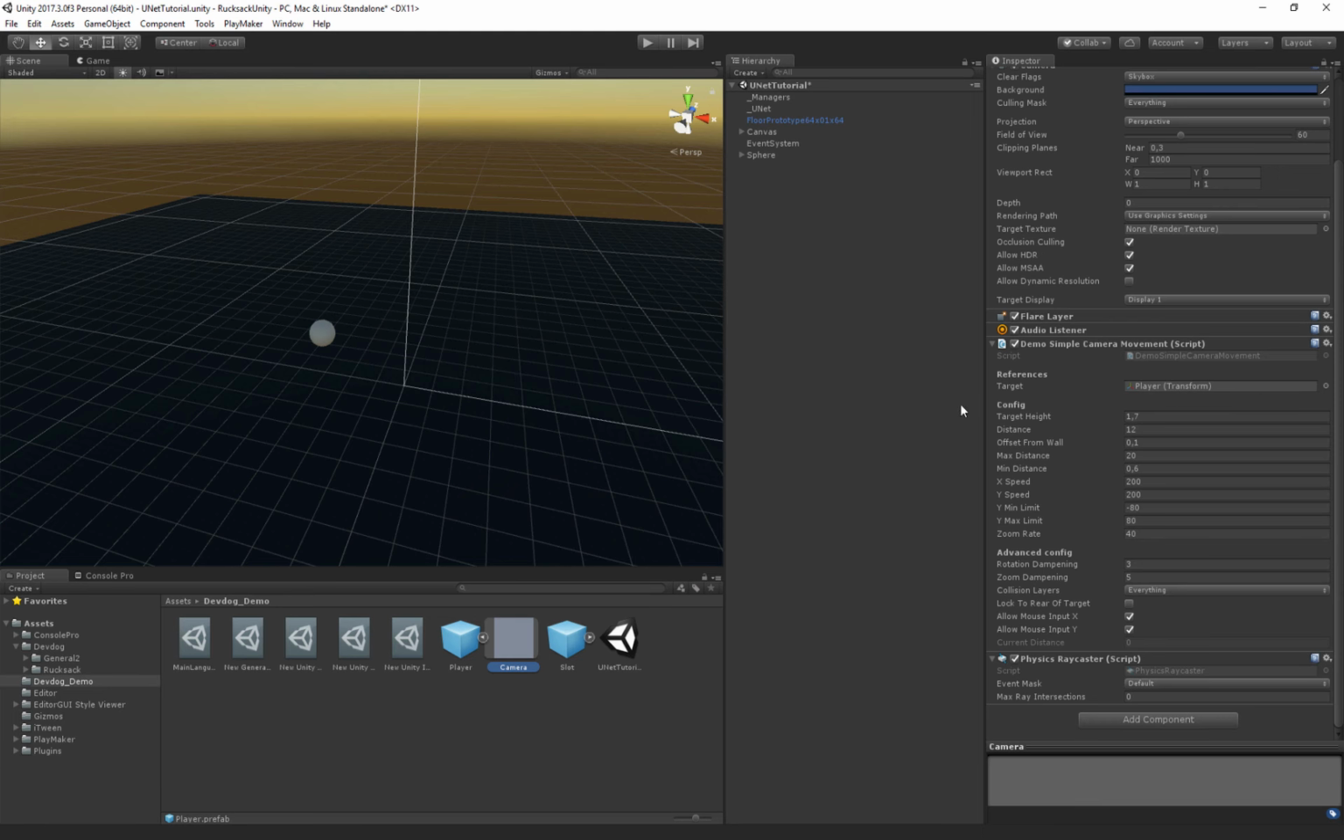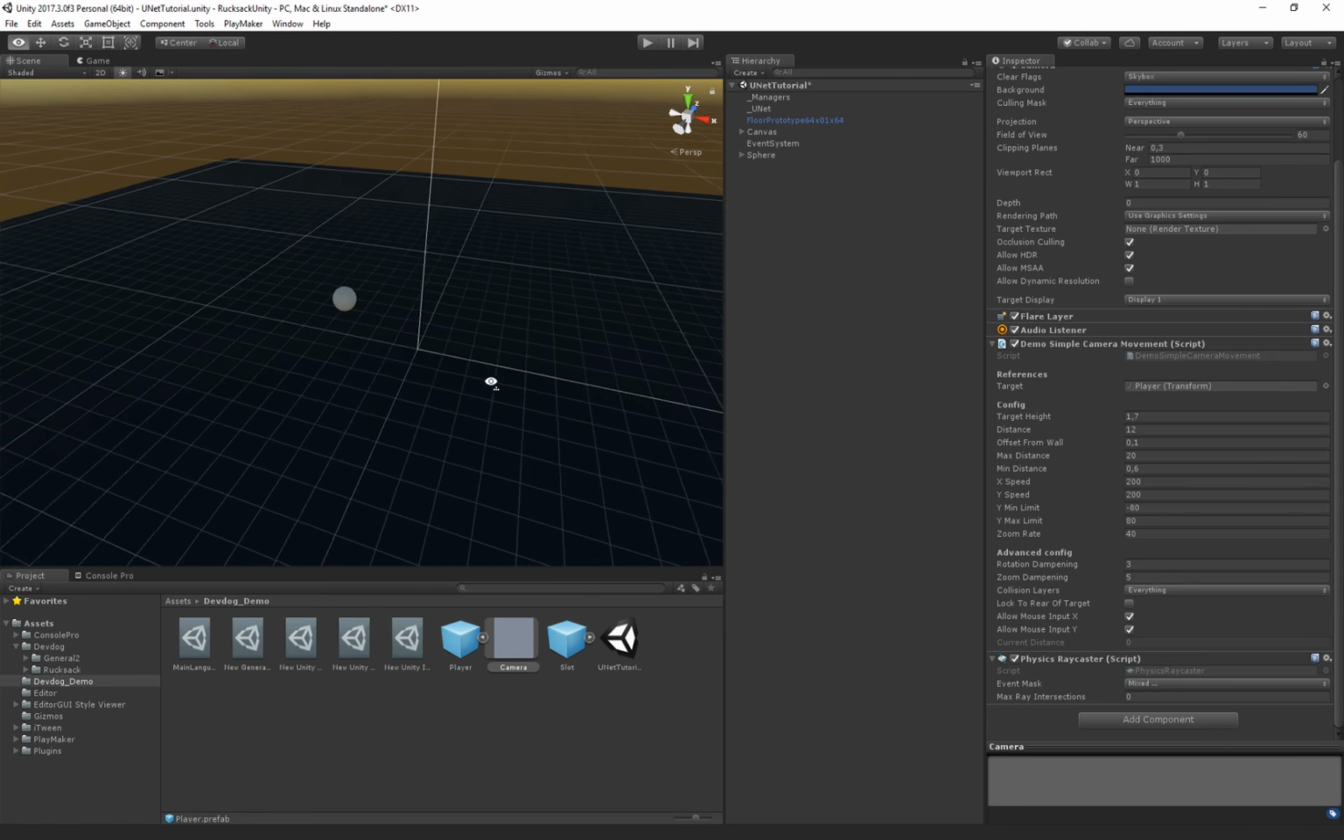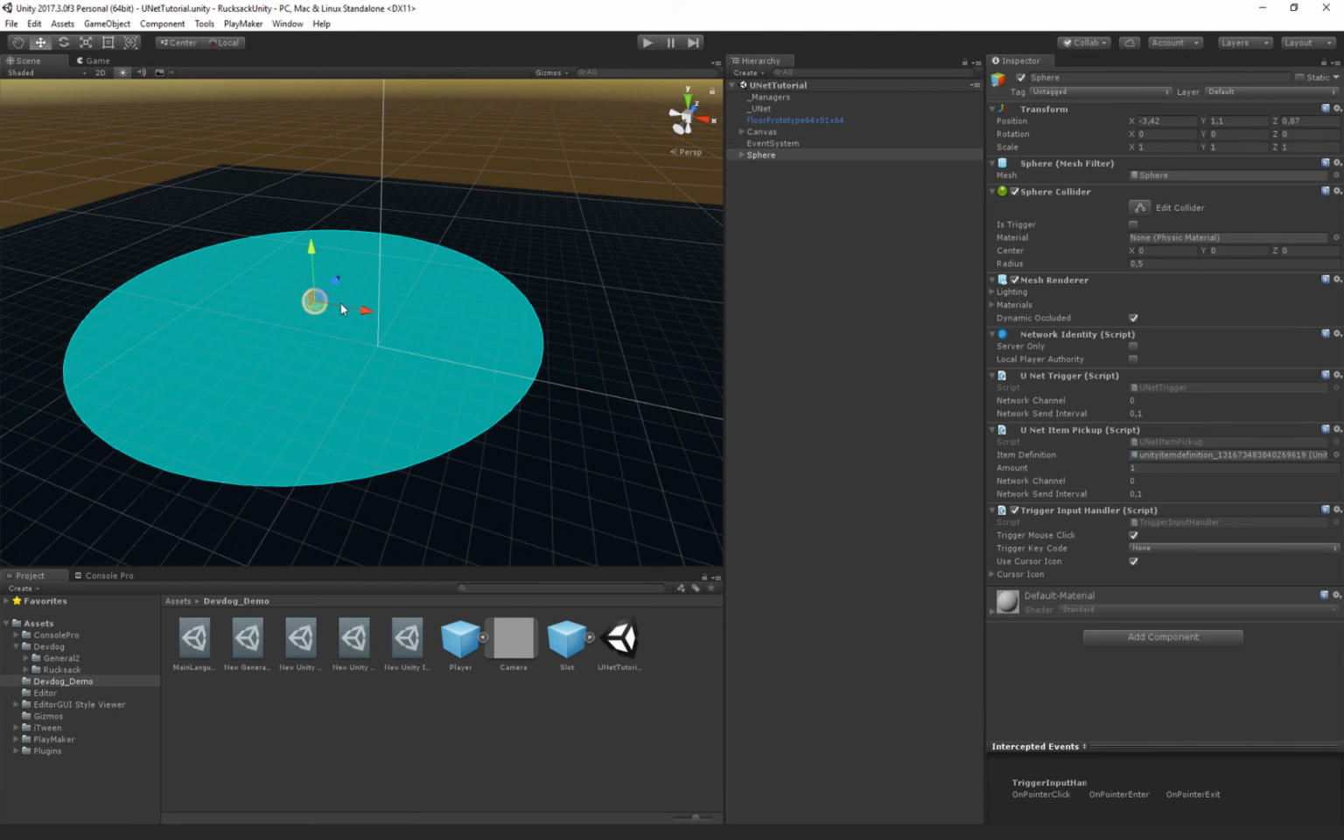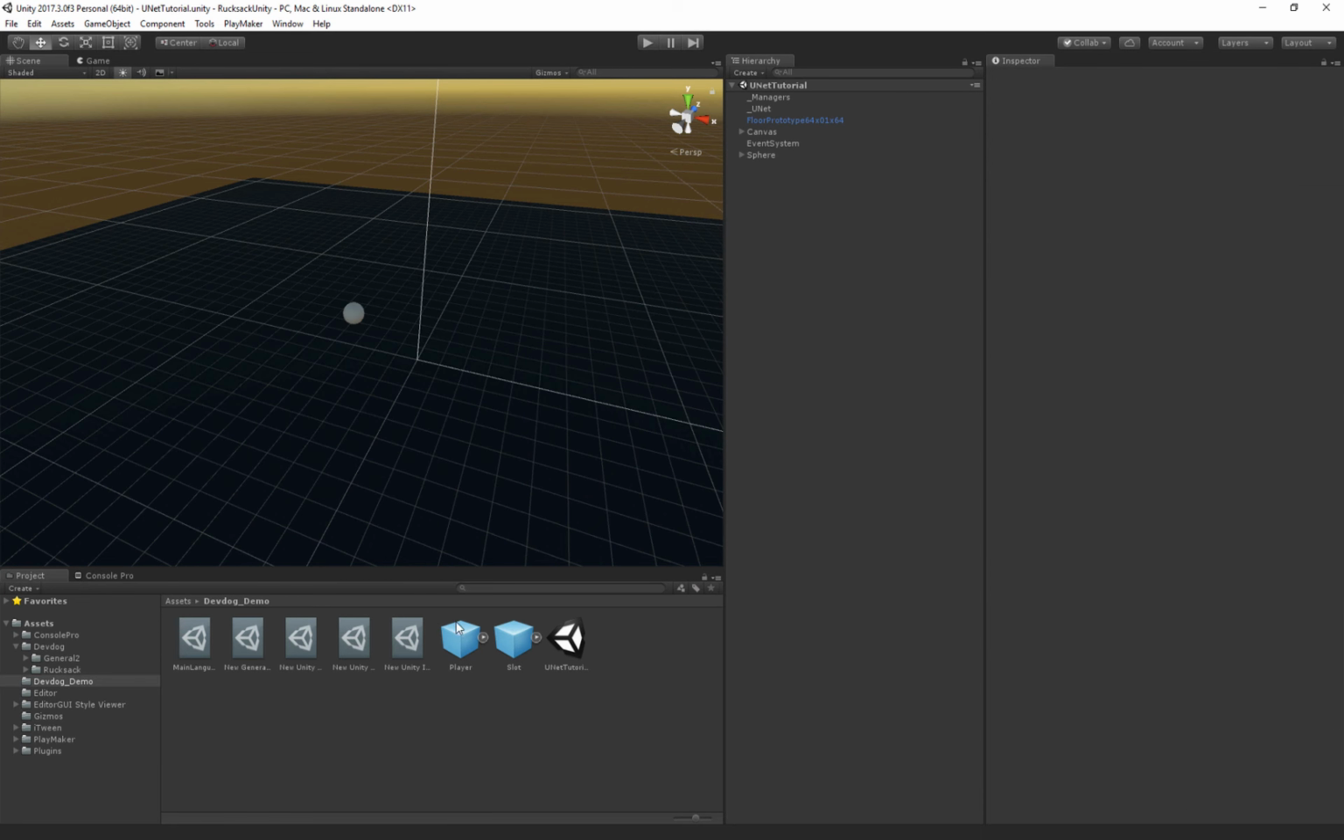Lastly, for the clicking, we need to make sure that we have a physics raycaster attached to our camera. With the event mask, ignore raycast has to be off, so you can set it to everything, but just make sure that ignore raycasts is not checked, otherwise this is not going to work. So we have our object that we can pick up, and our player and camera are set up correctly. So now if we go back in,